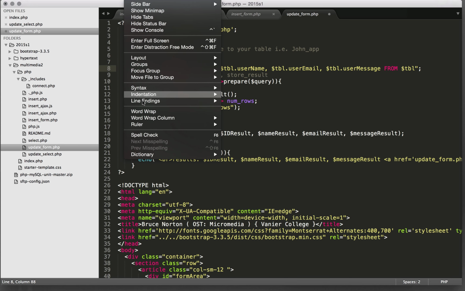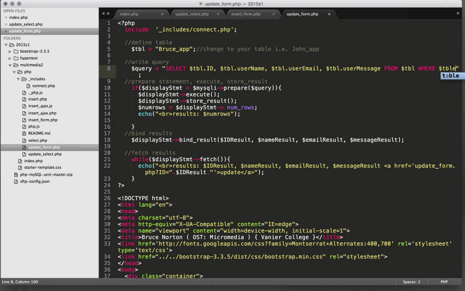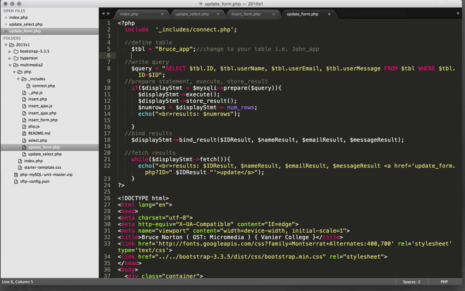And let me just turn on word wrap here for you. So we're going to, obviously, select the information from the table, but this time where the ID is equal to the ID. And then we'll create that request. So ID is equal to